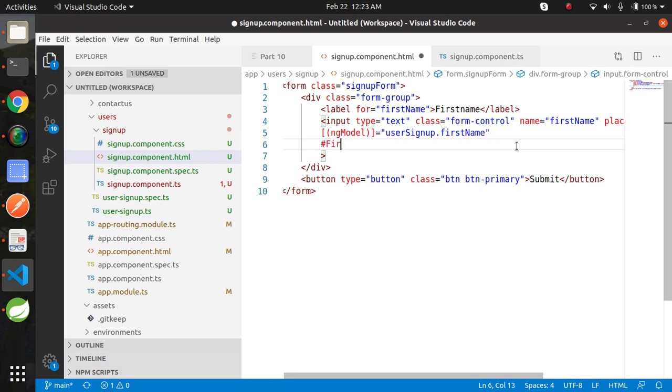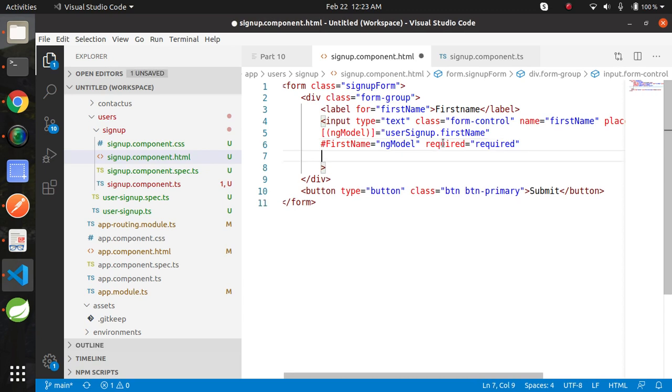I am providing here firstName equals to ngModel in this case, and that will automatically map with value of the field. Now add attribute required equals to required.